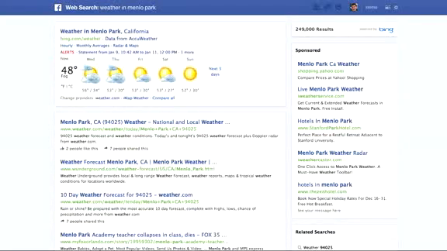Now, with Graph Search, you get this really powerful tool to be able to make all these different queries and find all this content in the graph. And you also get a world-class search engine at the same time. Now, I don't necessarily think that a lot of people are going to start coming to Facebook to do web searches because of this. That isn't the intent. But in the event that we can't find what you're looking for, it's really nice to have this, so that we can show you as good of content as you're going to be able to find in any other search engine, or Bing, which we think is a very good search engine.